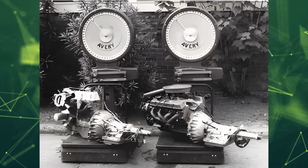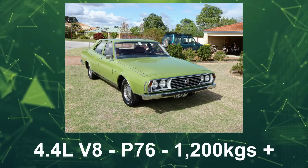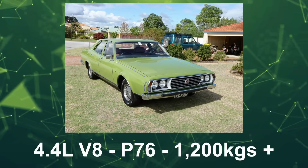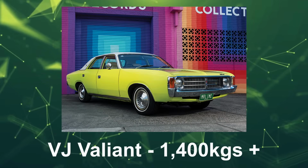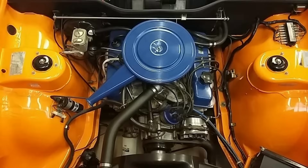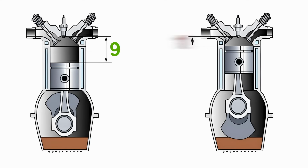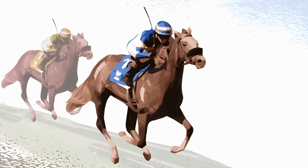The six-cylinder and V8 models weighed about the same, with the 4.4 litre P76 weighing just over 1,200 kilos, making it a very light car, which in comparison to the VJ Valiant having the same wheelbase weighed over 1,400 kilos. The 4.4 litre V8 had a compression ratio of 9:1, used a Stromberg WW 2 barrel downdraft carburettor and produced